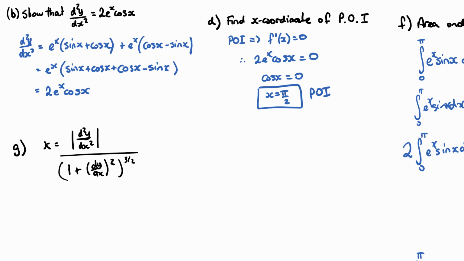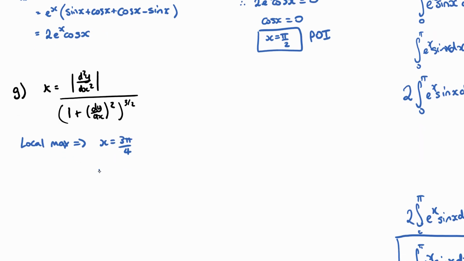So we want to sub in the local max. We know that at the local max, x equals 3 pi on 4, and we also know that at that point dy/dx equals 0, because at the maximum the first derivative is 0, and we also know that the second derivative,